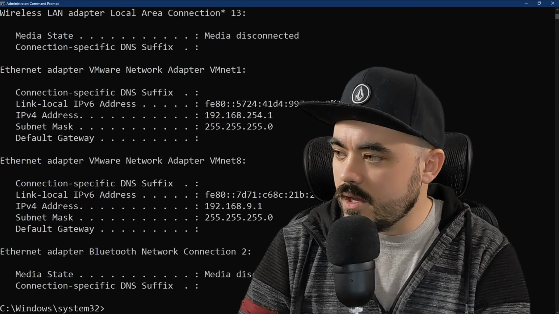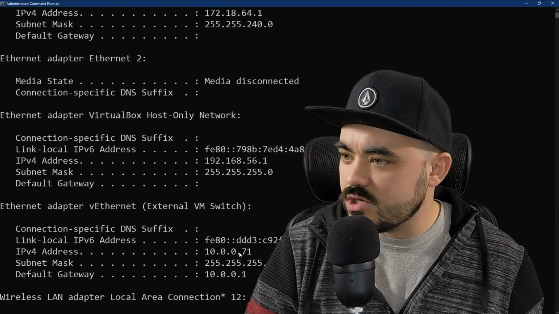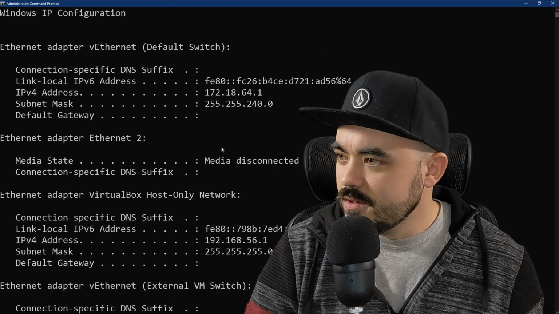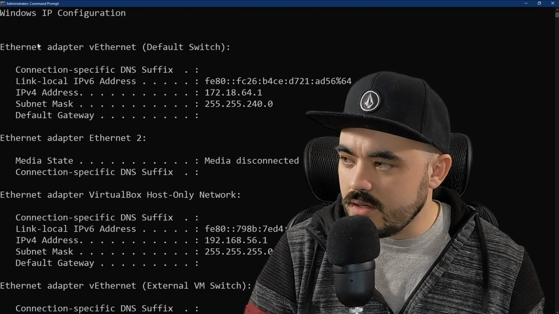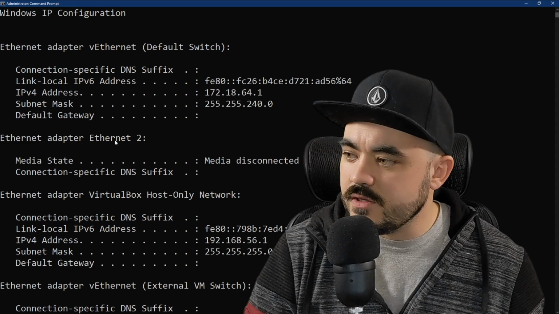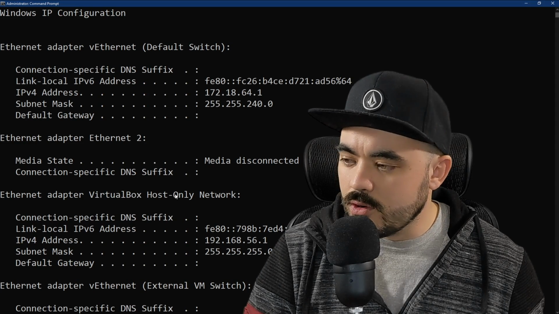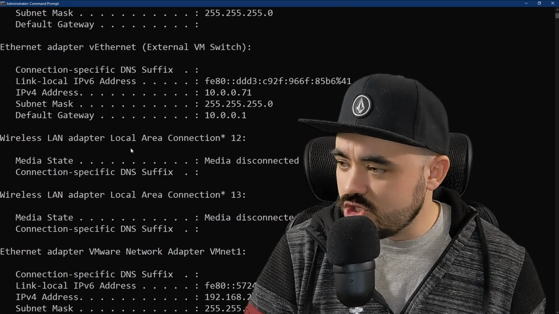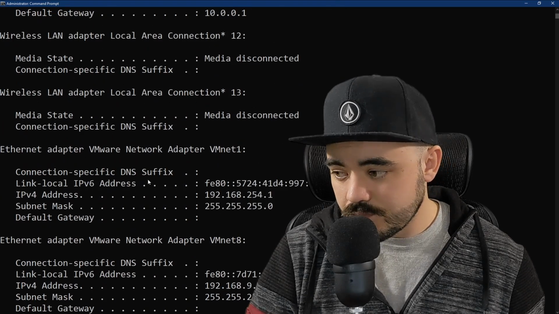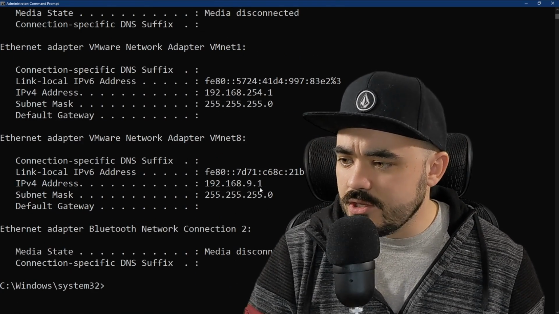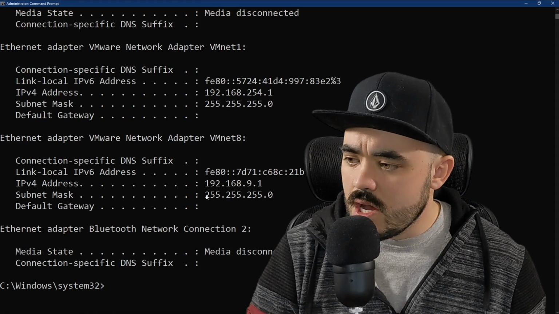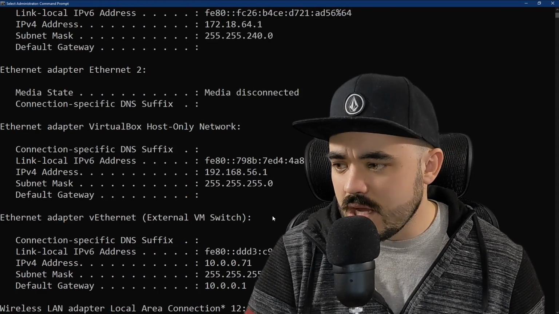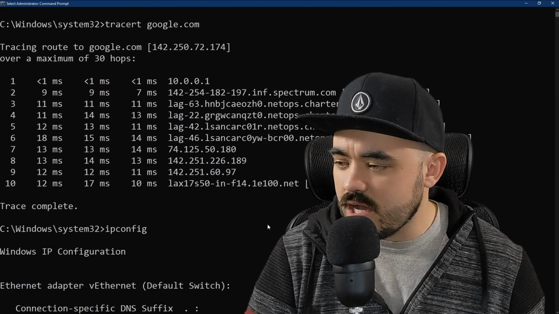ipconfig, and boom, we get a whole bunch of information because I have a lot of interfaces configured on here. So let's see, we have Ethernet adapter, virtual Ethernet, Ethernet adapter 2, Oracle VirtualBox Ethernet, a VM switch, and there's a whole bunch here, but basically you get similar information. It gives you subnet mask, IPv4, IPv6, and yeah, knowing which one of these you're actually looking for